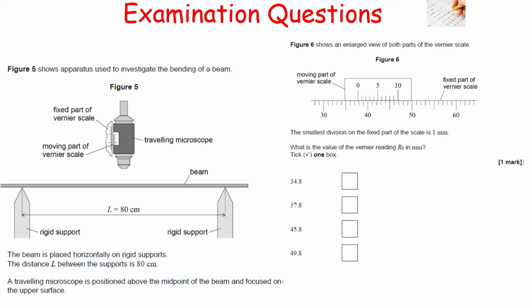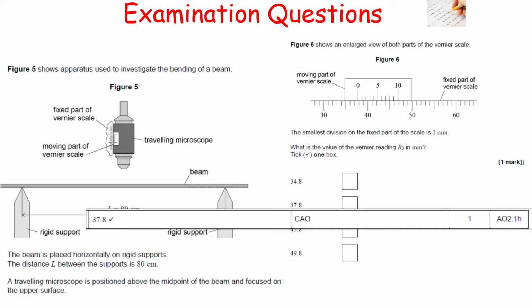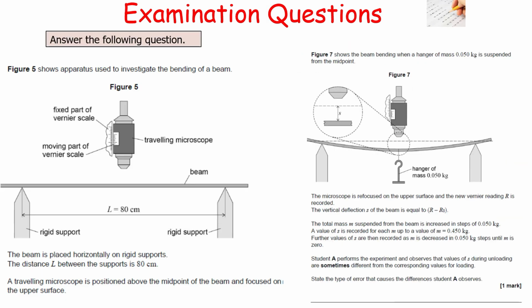Now the next thing is it's going to be 0.8, because to find the decimal place on your vernier scale, you see where the points are aligned between the vernier scale and the normal scale. So you'll see that 1, 2, 3, 4, 5, 6 and 7 aren't aligned with the scale, but 8 is, so it's 37.8. The next question says, figure 7 shows the beam bending when a hanger of mass 0.050 kilograms